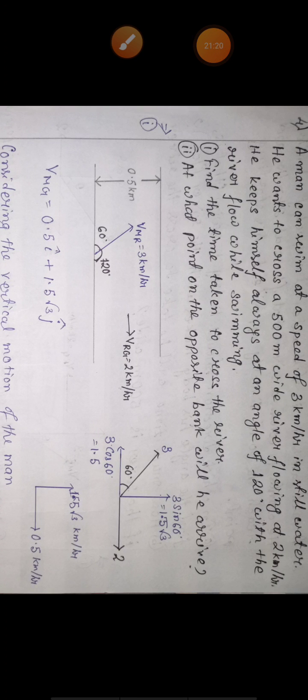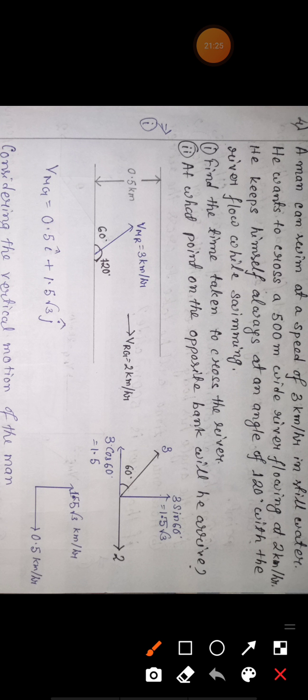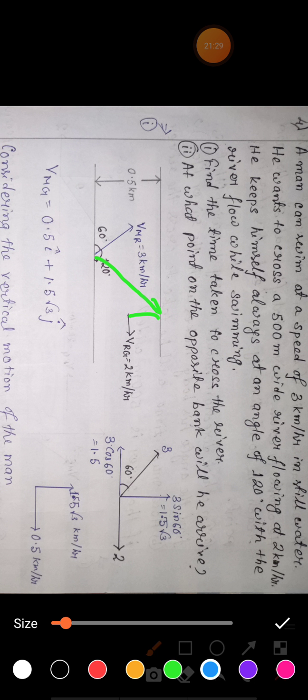So again, you have to find the drift. The man is covering the path like this. Suppose this is point A, suppose this is point B, and suppose this is point C. You have to find the distance from B to C. So this BC distance is equal to the displacement,